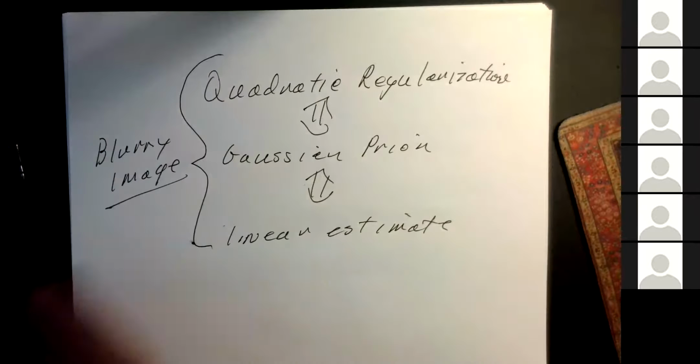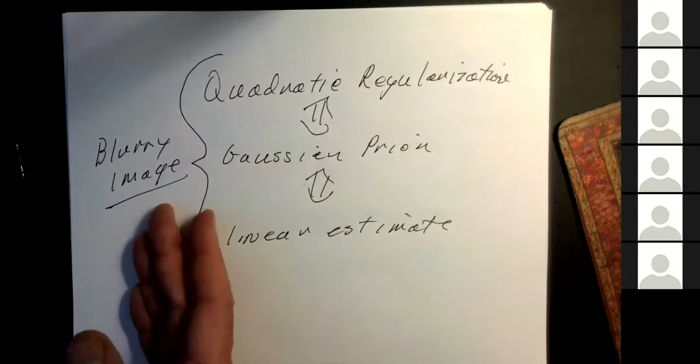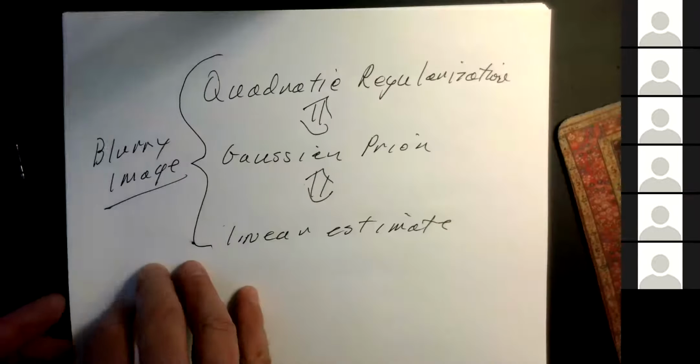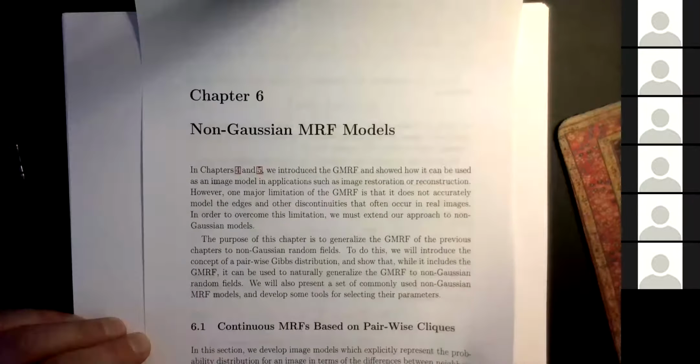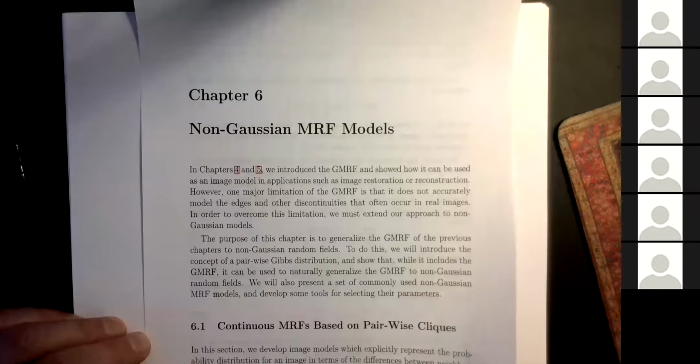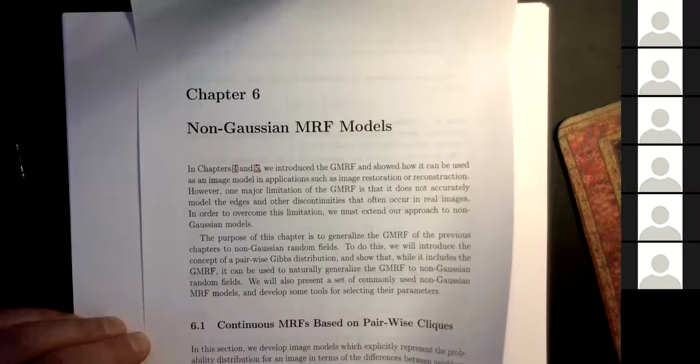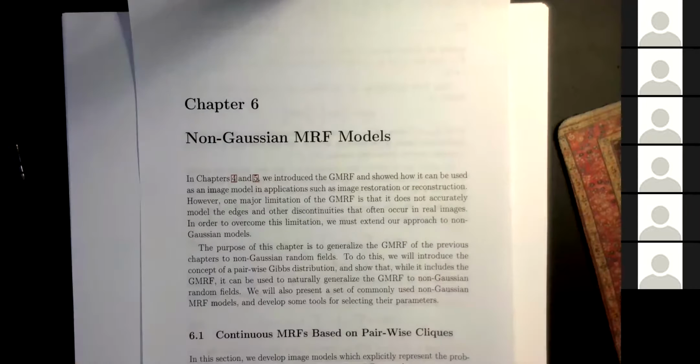How many people want blurry images? Nobody wants blurry images, okay? Not good. So we have to do something that doesn't result in blurry images. So that's why we're going to have Gaussian Markov random fields. So Gaussian is going to be the generalization of the quadratic case. So now,